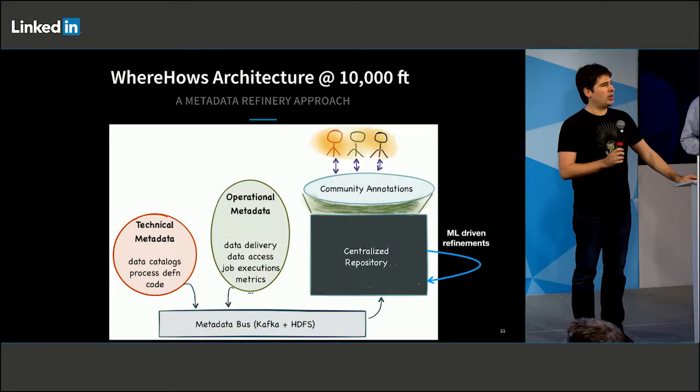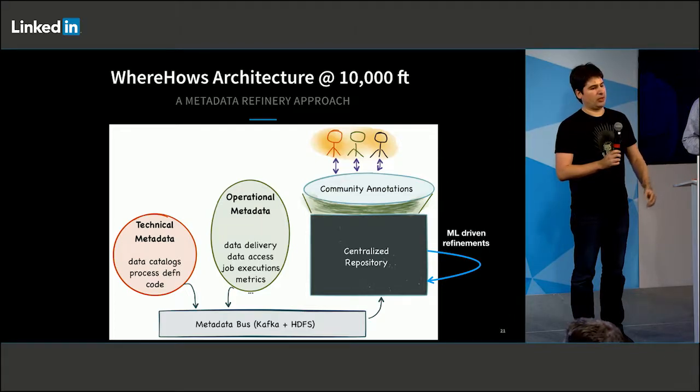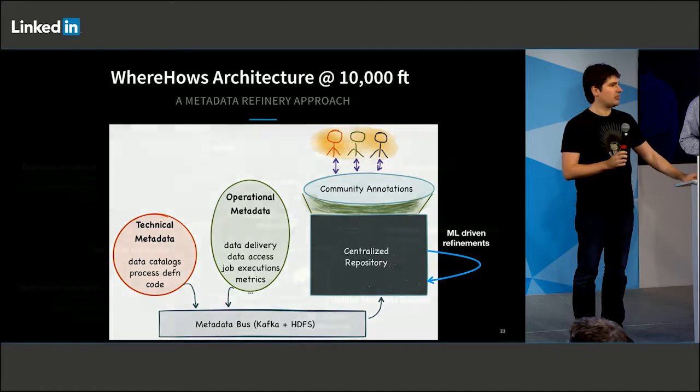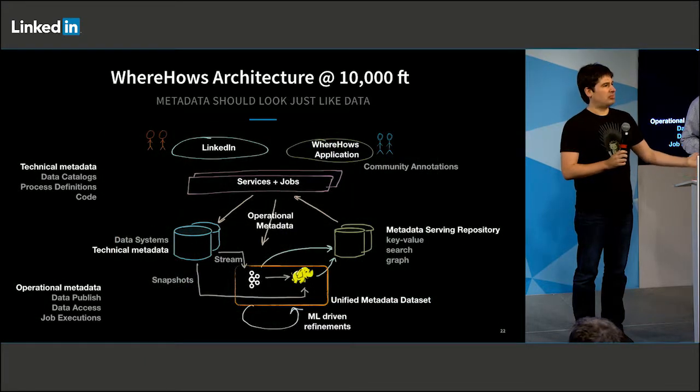So Warehouse, from a 10,000-foot view, has a bunch of different components. It can go out and scrape metadata from various sites. So it can crawl HDFS and discover data sets. It can crawl your MySQL database and describe the table and pull out schema. It also will listen to event logs and pull in metrics about who's accessed this data set. This all gets stored in a centralized repository, and then with a combination of human annotation and a machine learning process, it can decide this field probably means it's somebody's first name or it's somebody's last name, things like that.